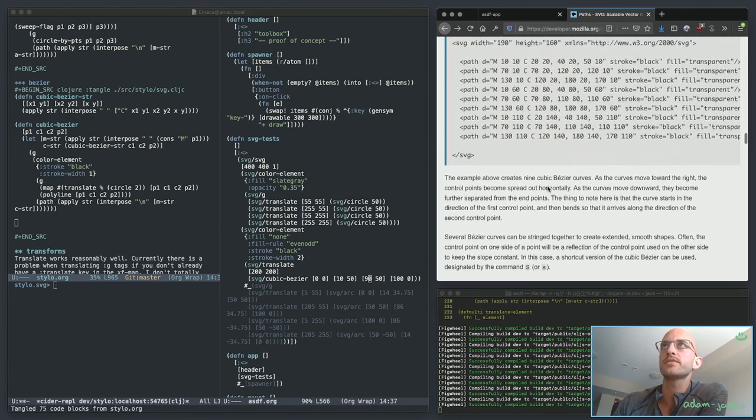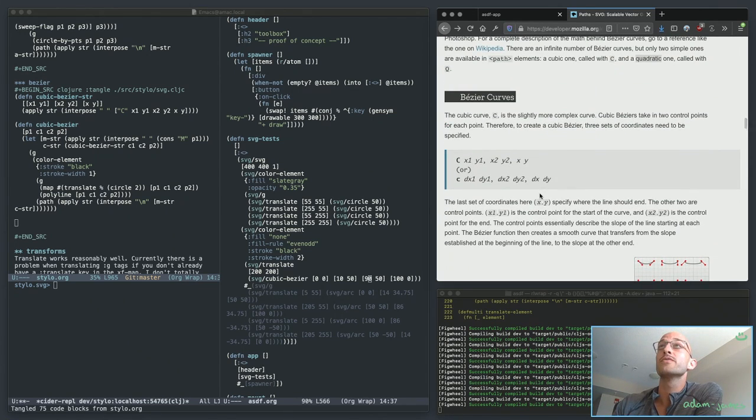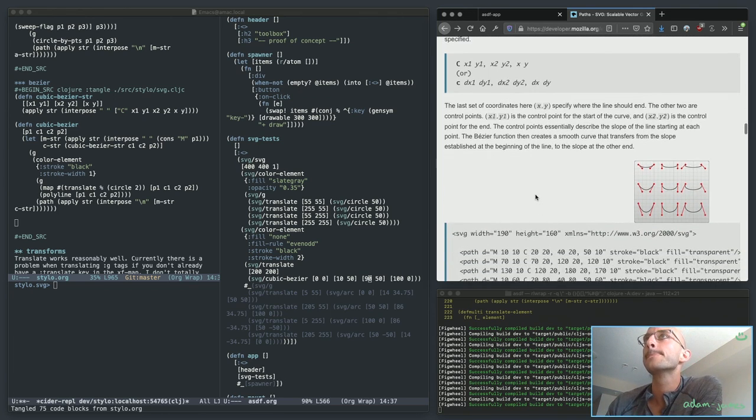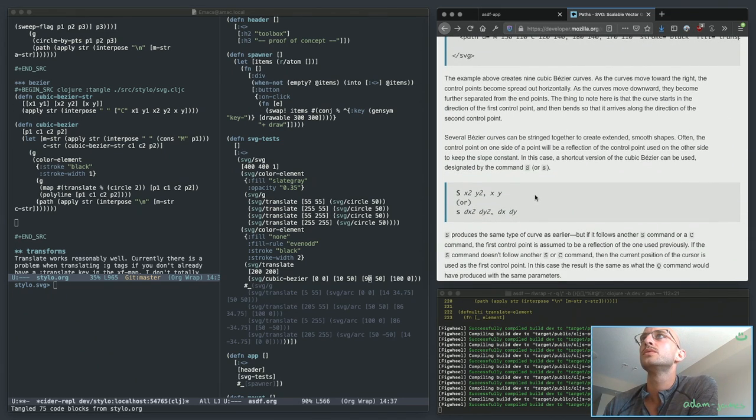Okay, let's have a look at the other curve implementation here. So I did cubic, and now I want to do